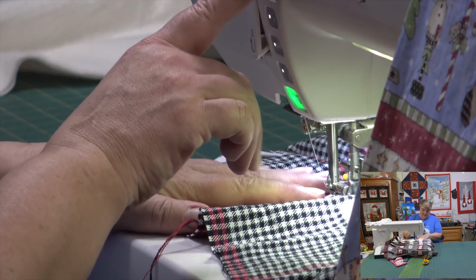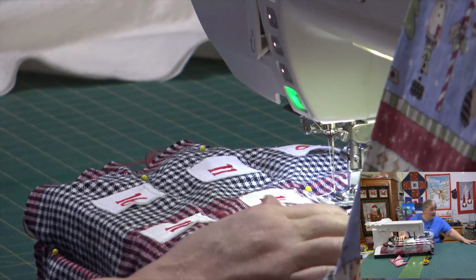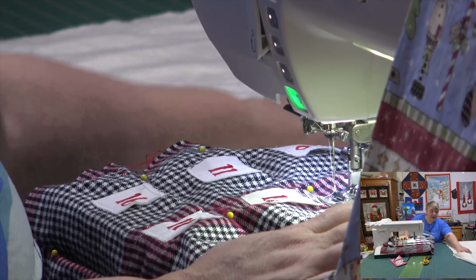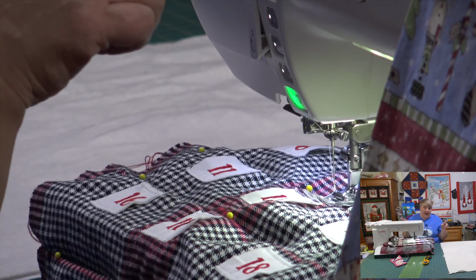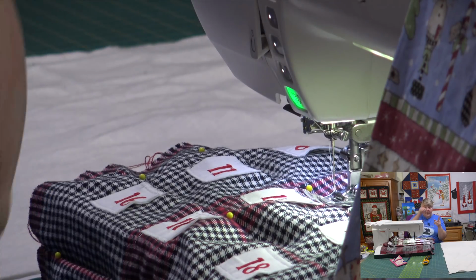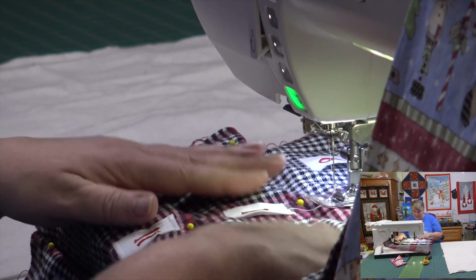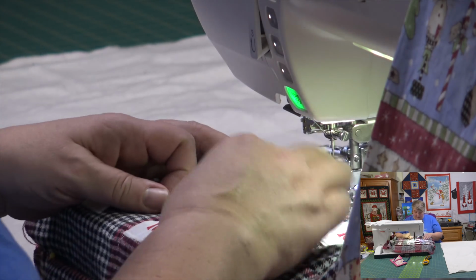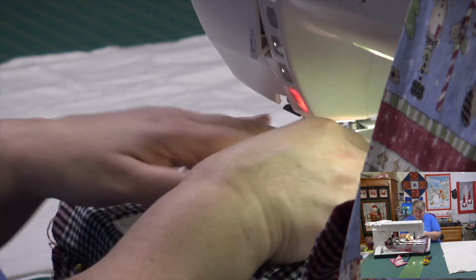Okay, a little back stitch, a couple more little rows. And then I'm going to place this on my batting and backing, which is just plain white. And then I'm going to show you if you wanted to do pockets in the back on your backing to maybe put like a rod and then hang it from there without having any ties at the top or little loops at the top, whichever one you want to go for. So we will be actually doing the one that is for the pocket rod, but just giving you other options. Okay, you can finish it off several ways,